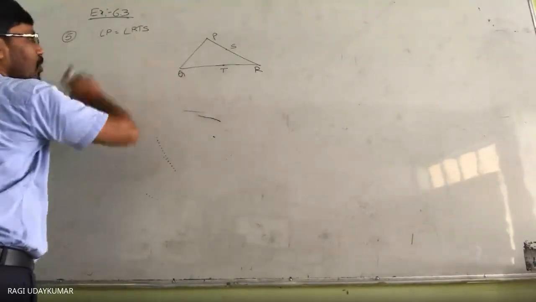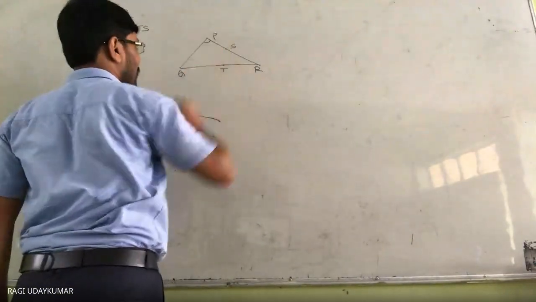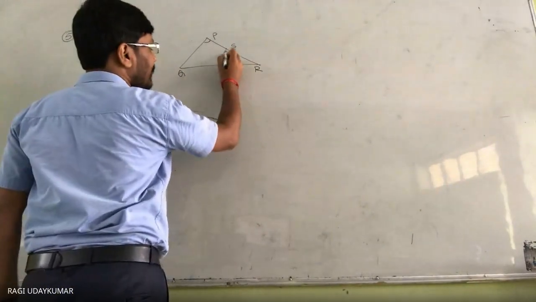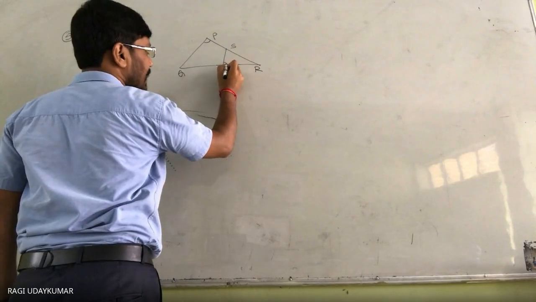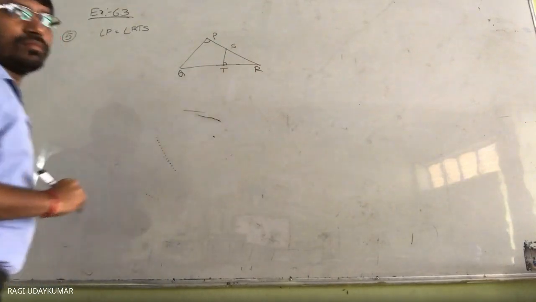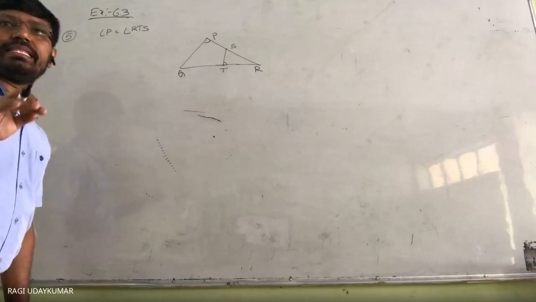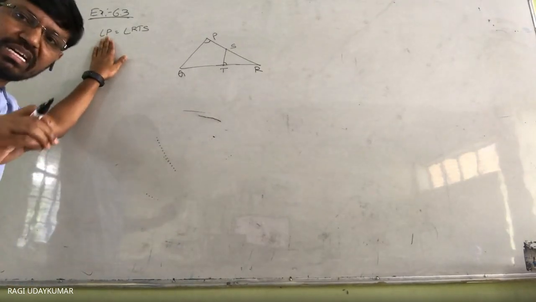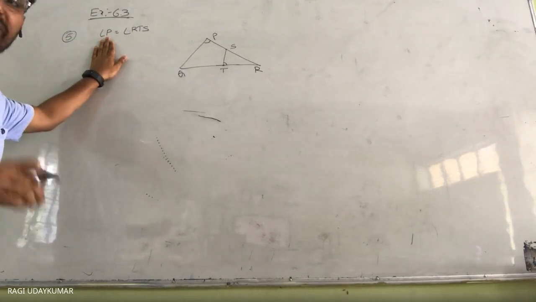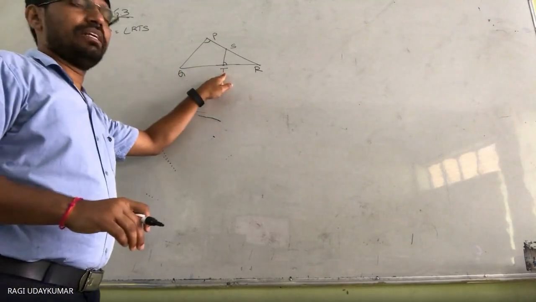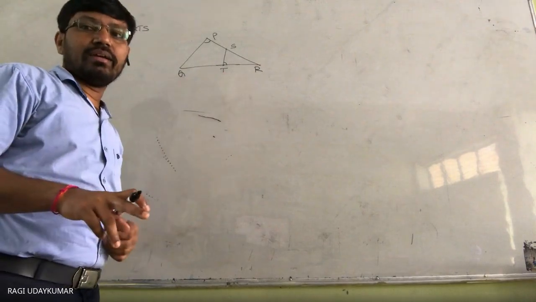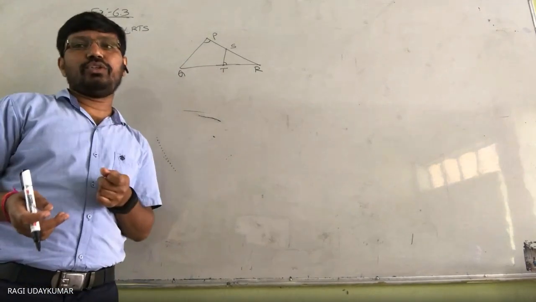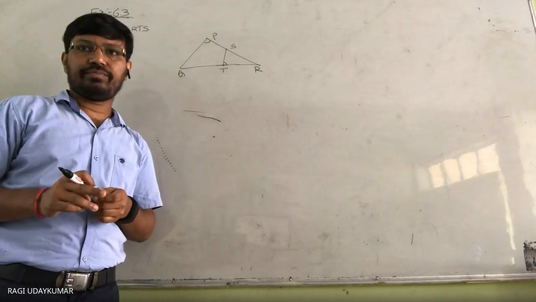So angle P is nothing but this angle. Angle RTS is nothing but, join these two, this angle. These two angles are equal. Angle P, we see here in this problem, angle P is mentioned because at the point P only one angle is forming. But here at T, two angles are formed. So that's why you need to use three letters compulsorily. Use three letters. Okay?